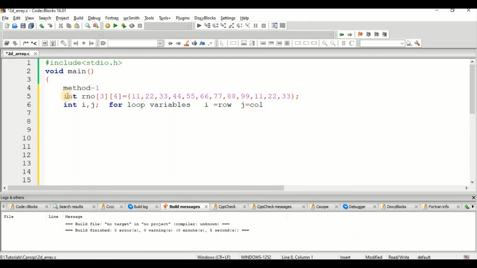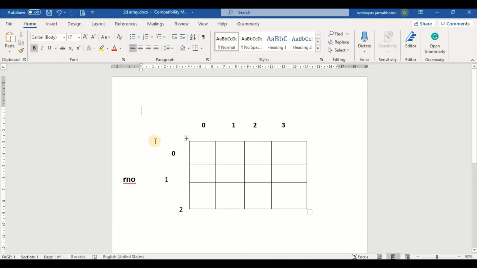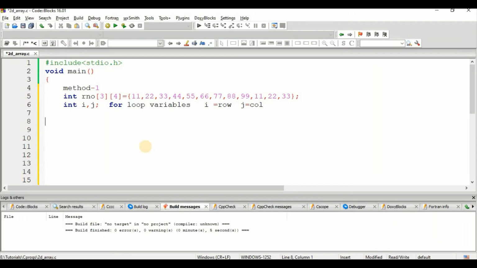When I create int rollnumber, this is how the matrix will be created. Now what I need to do? First I need to insert the value 11, then 22, 33, 44. In this way we need to go on working.